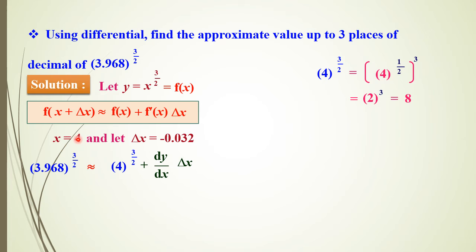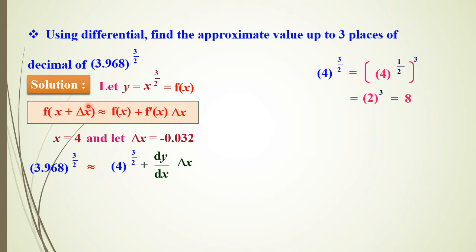If you consider x equal to 4, the square root of 3.968 is very difficult to find without a calculator. Otherwise, by applying the concept of first principle derivatives, when you will be finding the approximate value of this, x must be taken as 4, and after subtracting 4 from 3.968, whatever value remains, that will be considered as delta x. Minus must be written here, because after subtracting minus 0.032 from 4, you should get back 3.968. Therefore x is 4, delta x is this much.